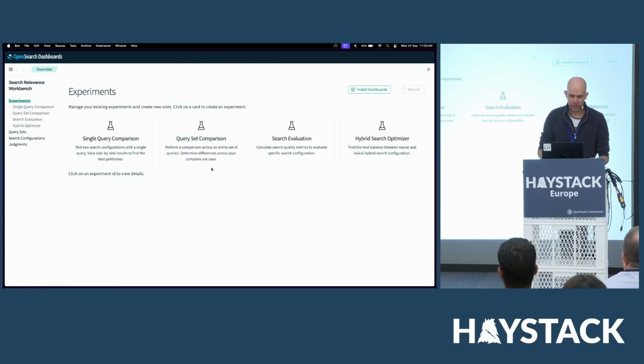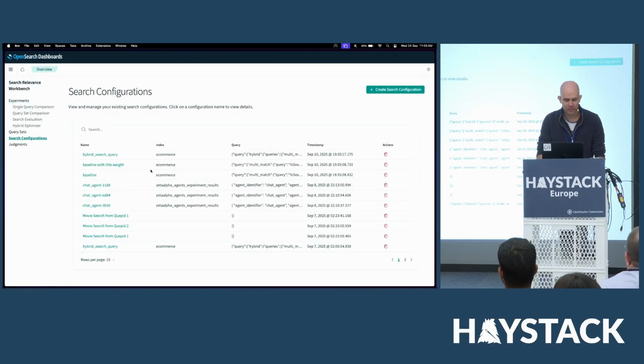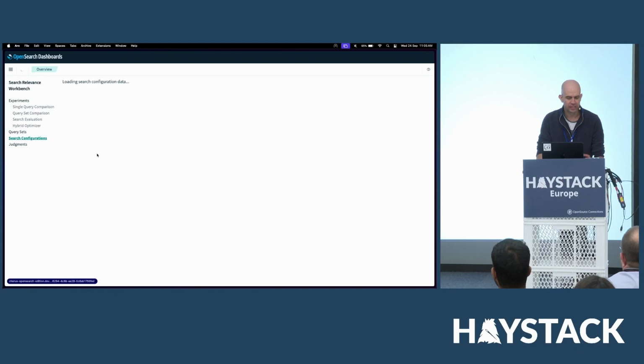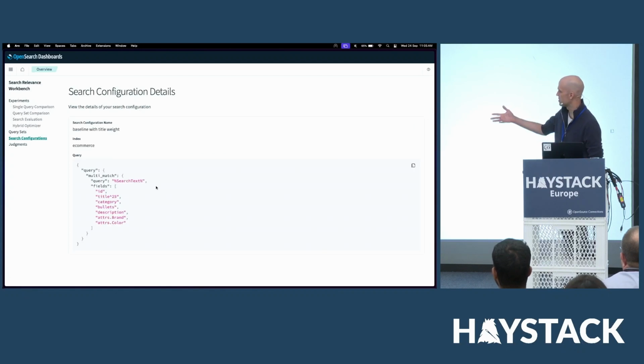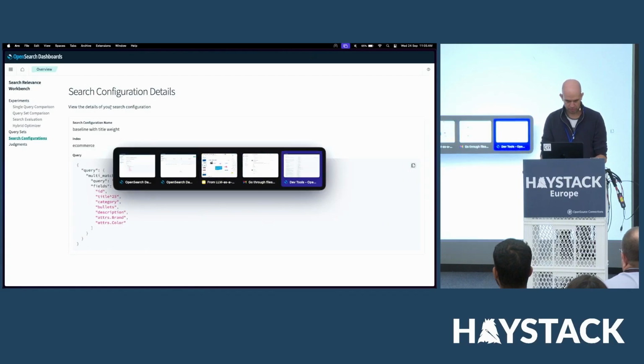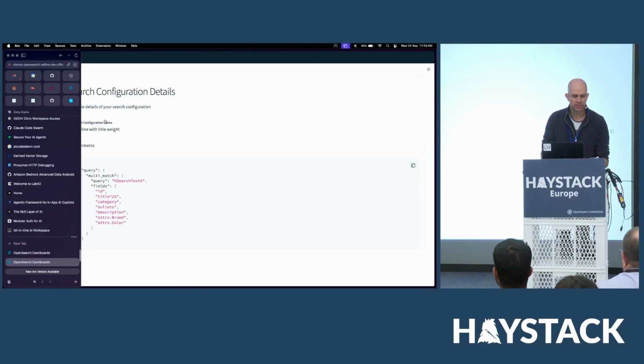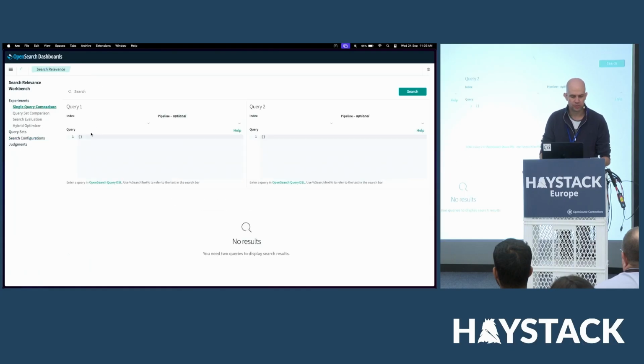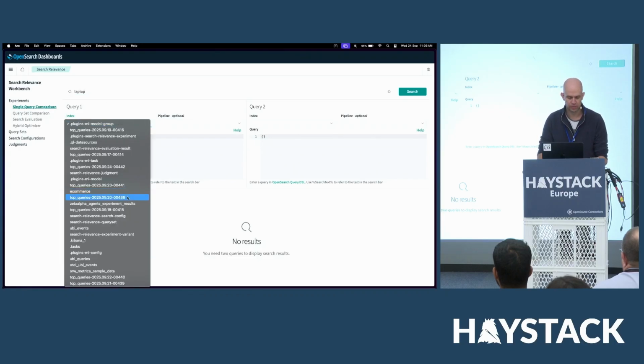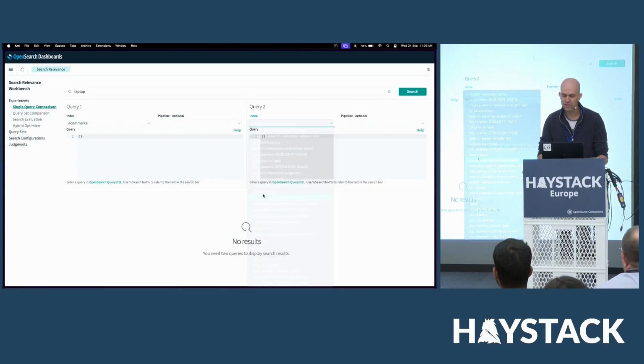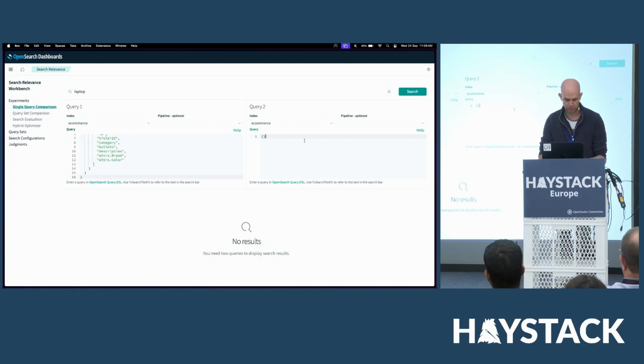We have two what we call search configurations. A search configuration in our case really is nothing more than an OpenSearch query. In this case, I have a simple multi-match query searching across a bunch of fields. I'm going to copy that, and go back to this one here and start all over again with laptop, e-commerce. So the first part of the demo is already bumpier than I expected,